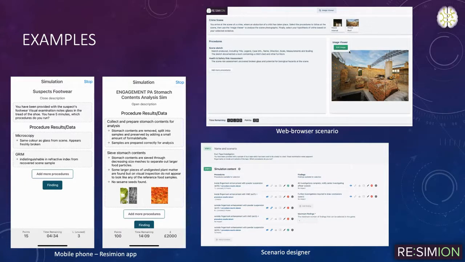So you will see that in all of these, there are counters at the bottom counting down. In some of these, you have points values. So every decision you make may give you more points or may remove points. And in one of them, the stomach contents analysis, every action you take may well cost money. If you decide to order a lab test or a lab process, that may well have an impact on your